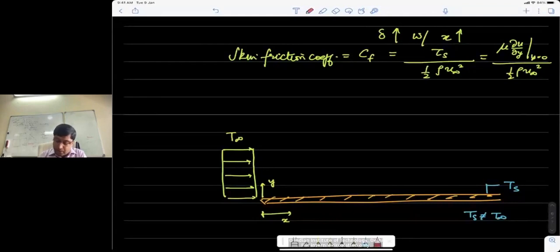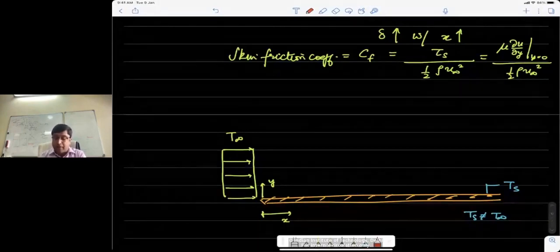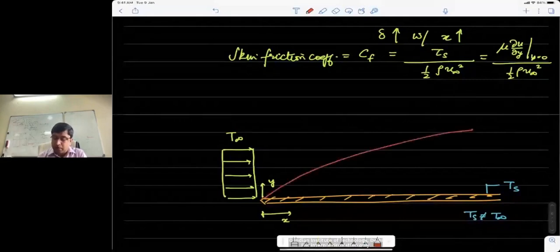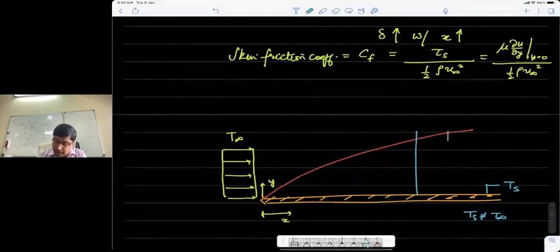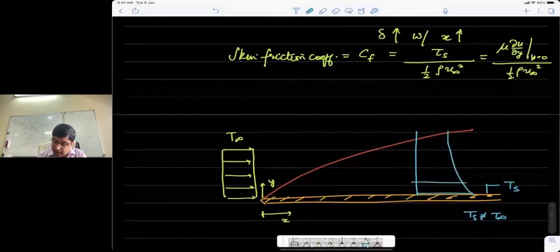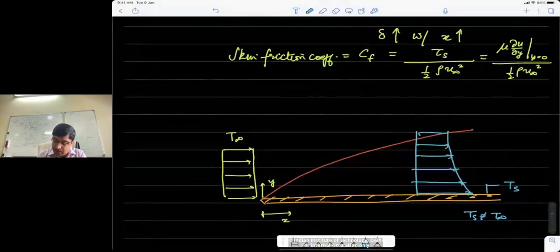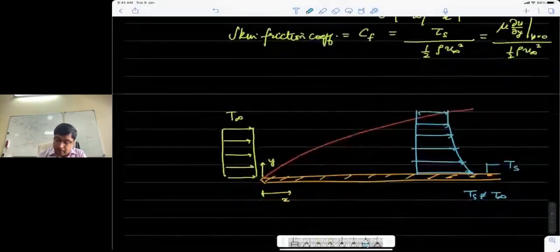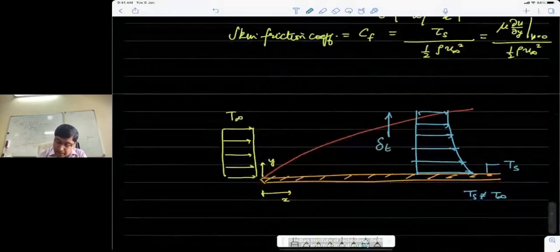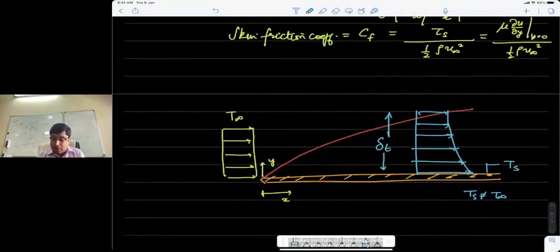So what we will have is, because the two, the surface and the fluid, are not at the same temperature, the fluid particles will actually come locally to equilibrium with the flat surface, or with the plate, which is at a higher temperature, let's say, if Ts is more than T infinity. So we will have the development of a thermal boundary layer. The thermal boundary layer thickness is defined in a certain way. So it's defined in a way that if I say this is delta T, subscript T, which will denote thermal boundary layer and which is also a function of x.